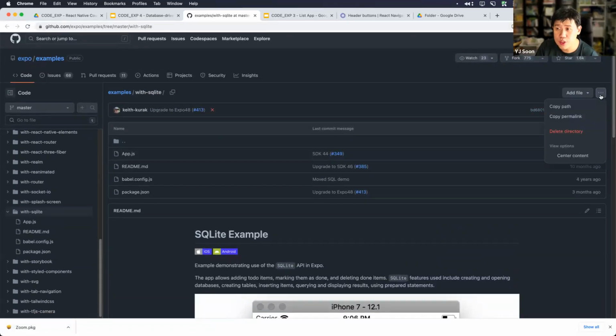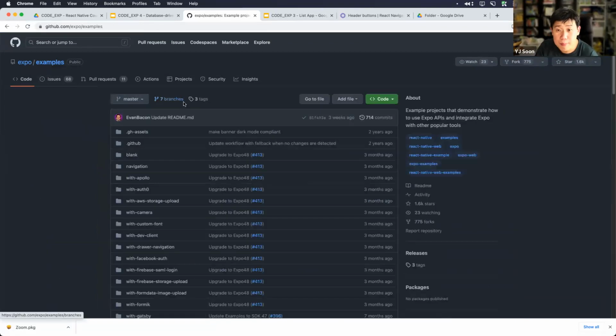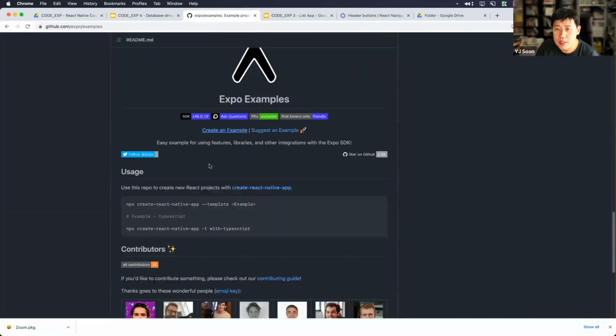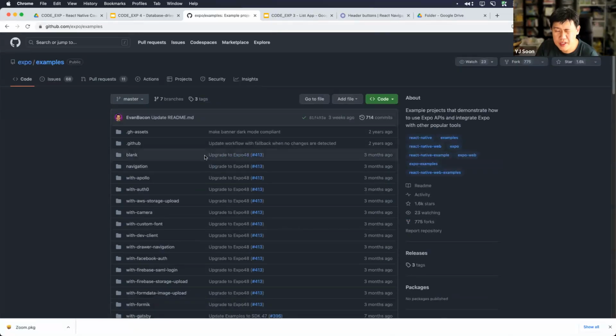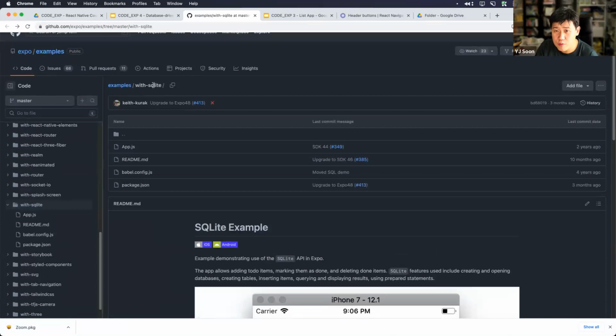So I'm going to go to these 3 dots, right, I'm going to not delete directory, sorry. You can't actually do that. Okay, don't worry, other people can't delete your stuff. Let me see if I can actually just download this particular folder, because this actually is an examples repository, right? By Expo. Okay, but it's a lot of stuff, right? Let me see if I can just download this entire folder over here.